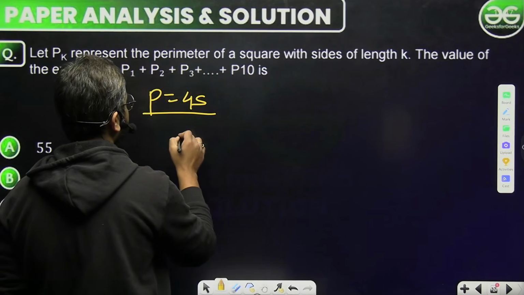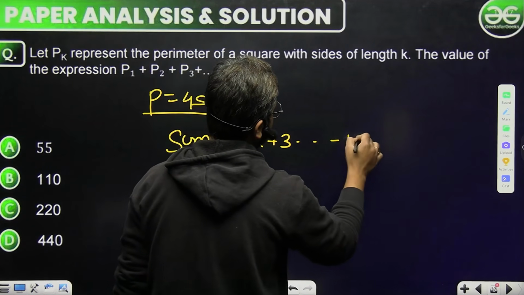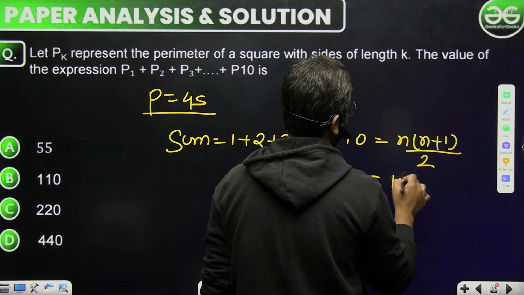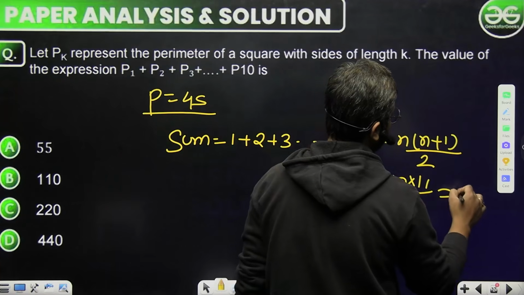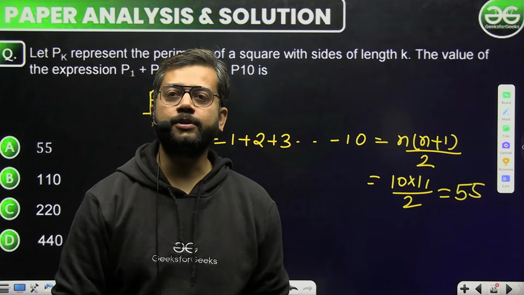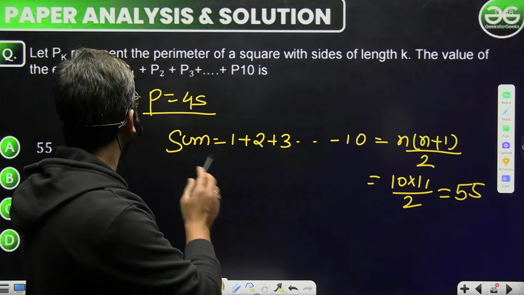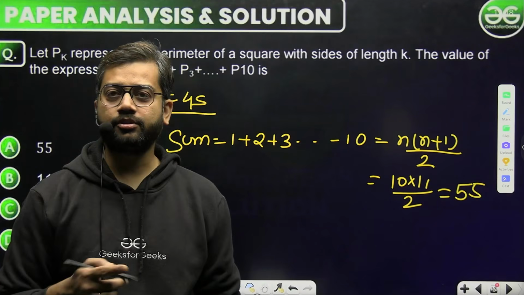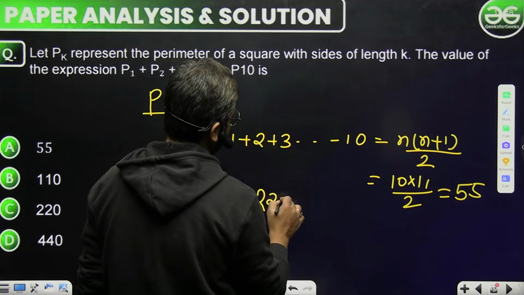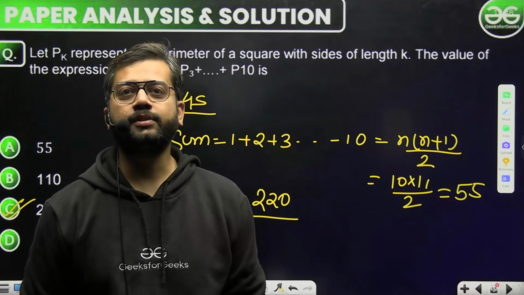10 का साइड्स देख लेते हैं। 10 तक के साइड्स निकालेंगे तो 1 + 2 + 3 + 4 करके 10 तक जाएगा। फॉर्मूला आपको पता है n(n+1)/2 होता है। इसको लगा देंगे तो 10 × 11/2 हो जाएगा, जो 55 हो जाएगा। अब 55 आने के बाद, जो वैल्यू दी है 4 टाइम्स ऑफ साइड्स, तो इसी को 4 से मल्टीप्लाई कर दो। 4 × 55 = 220। आंसर आपका C। ये क्वेश्चन तो वेरी इजी था, इसमें कुछ भी नहीं करना था।